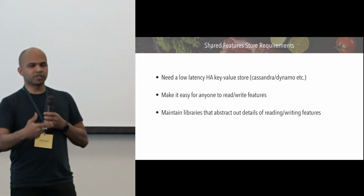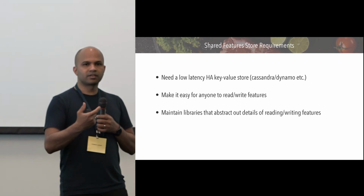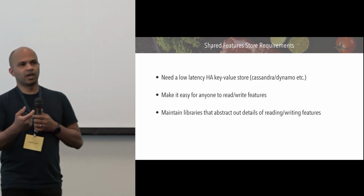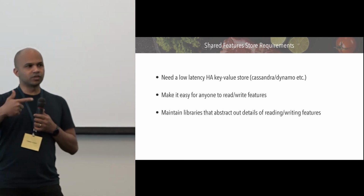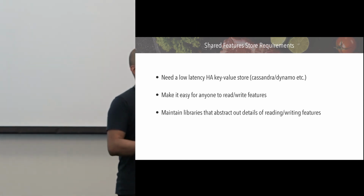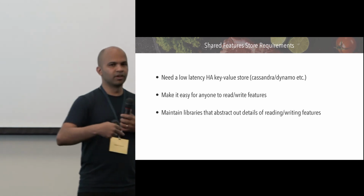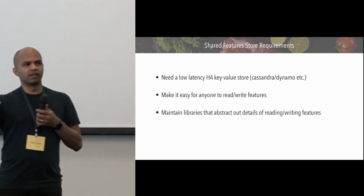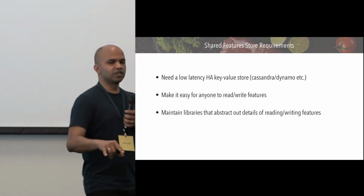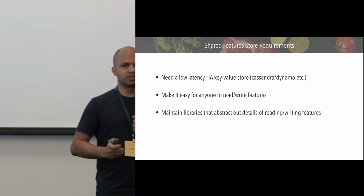When you specify the model at scoring time, it has all the feature names, and it parses that to understand that these are shared features. It is able to then extract these features from the key value store and then stitch them together in a data frame, which you can combine with other features that you're doing. So all you had to think about is, for this model, what are the unique features that are specific to this model, and what are the features that are shared features? And that significantly simplifies